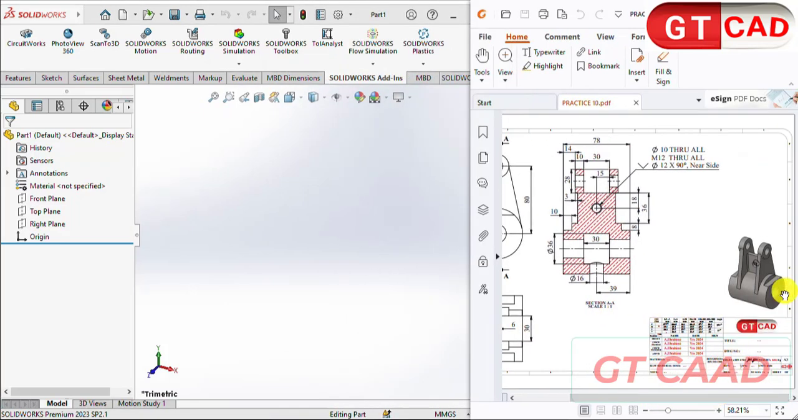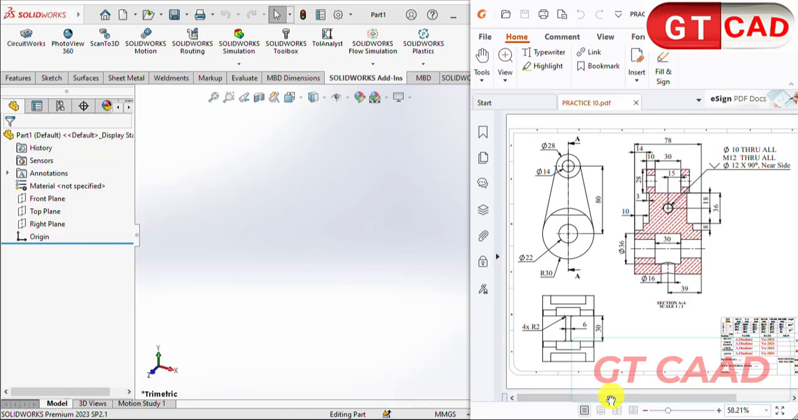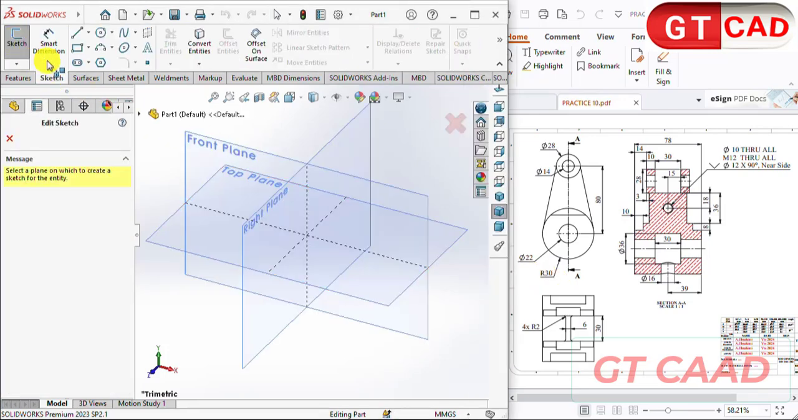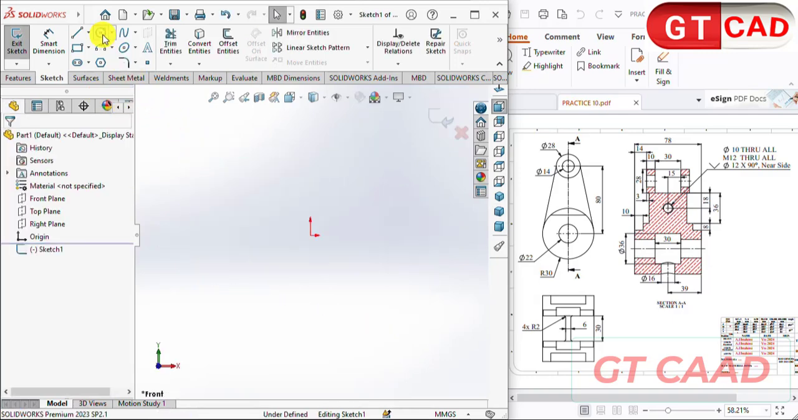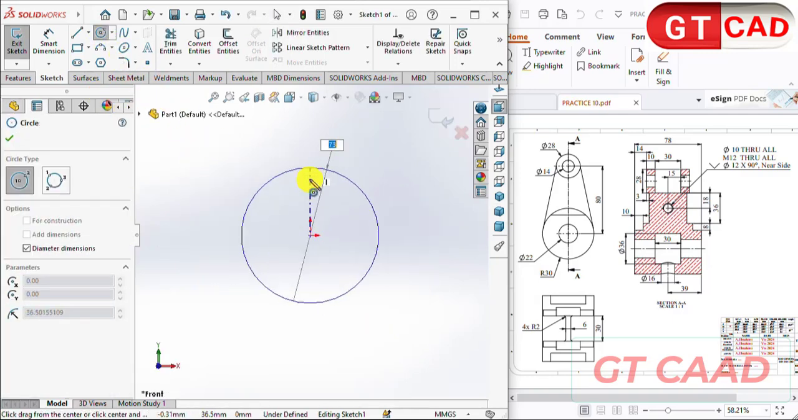Okay, I started with this pipe. It's under the section of this solid body here. The big circle is radius 30, which means the diameter is 60. Create a 2D sketch on the front plane. The first circle is the big circle, the diameter is 60,